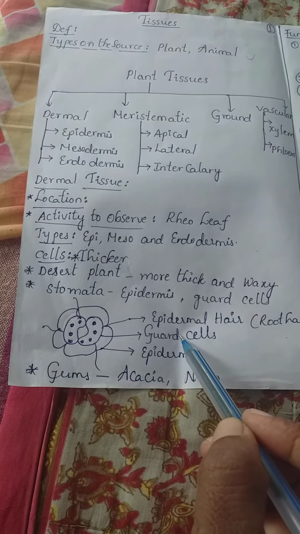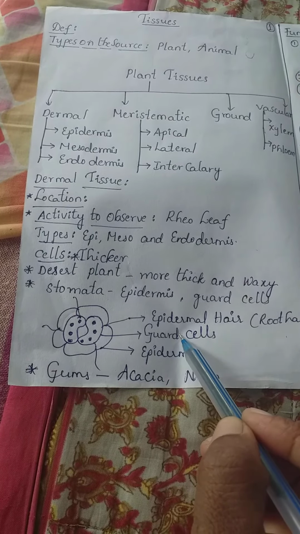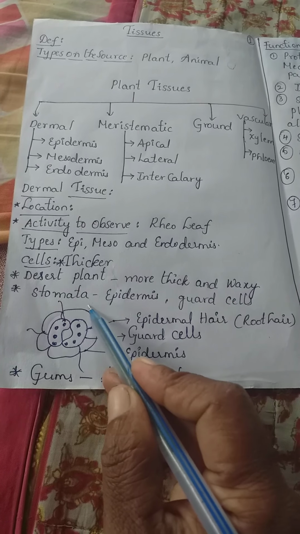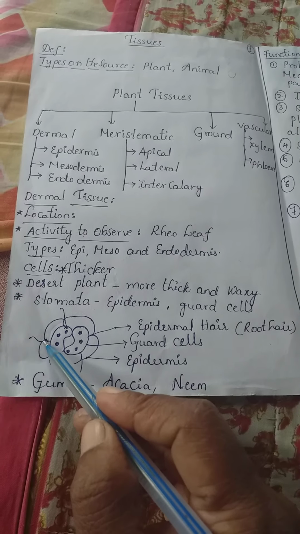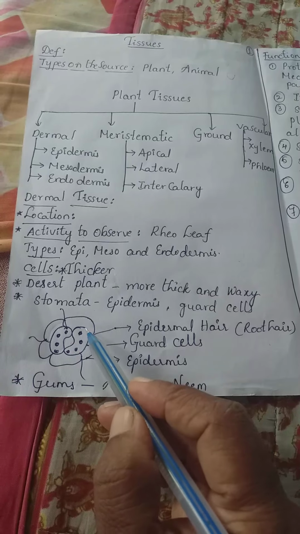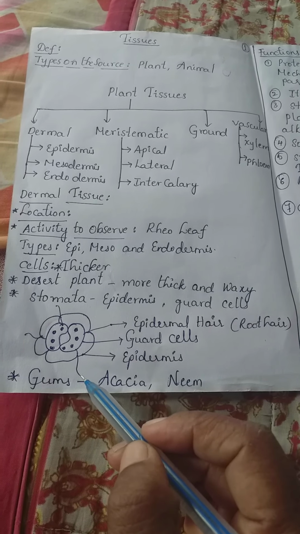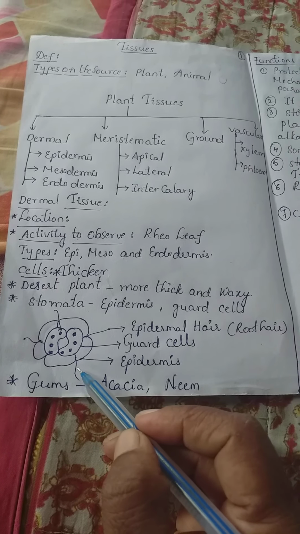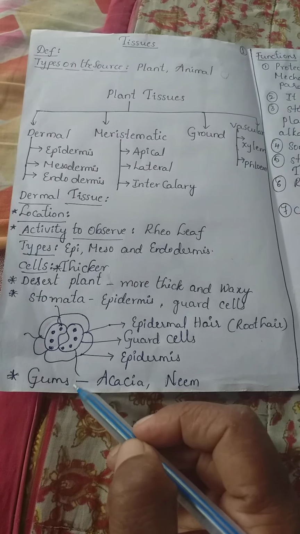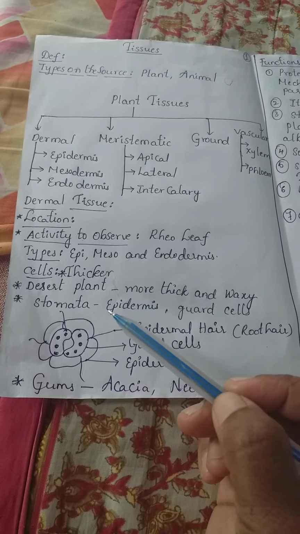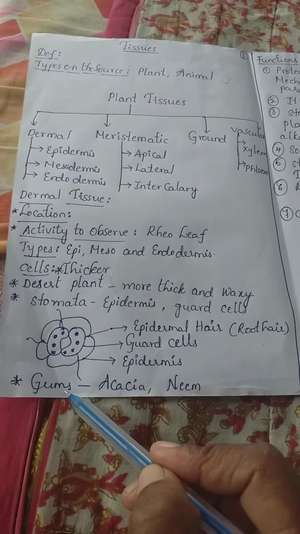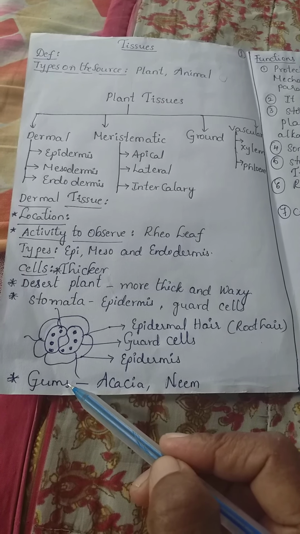cells called guard cells. These guard cells contain chlorophyll also, which performs photosynthesis. The two guard cells are surrounded by epidermis, and between the epidermal layers there is a root hair. This is called epidermal root hair, and in this dermal tissue only gums are present, means some chemicals are secreted